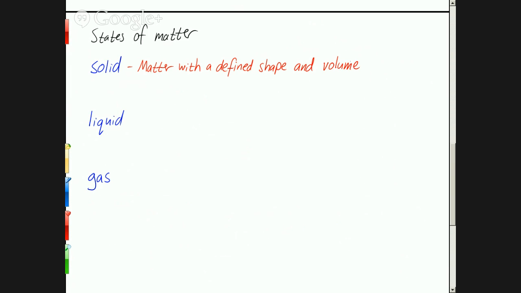All right. A definite shape and a definite volume. If you have a solid, it doesn't matter what you do with this, it keeps its shape, keeps its volume. Right? I can't compress it really. So then a liquid is going to be